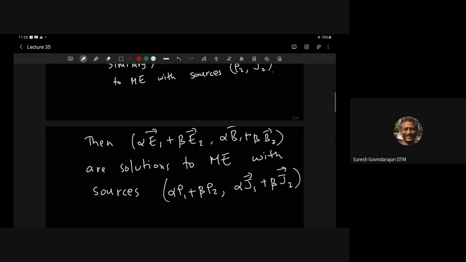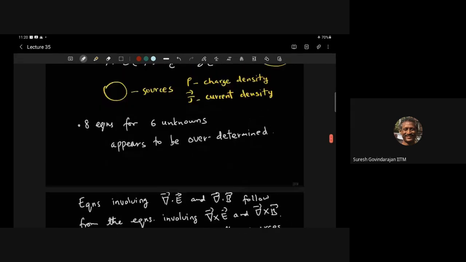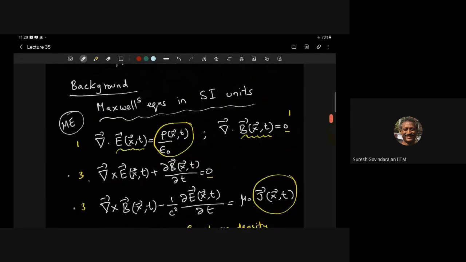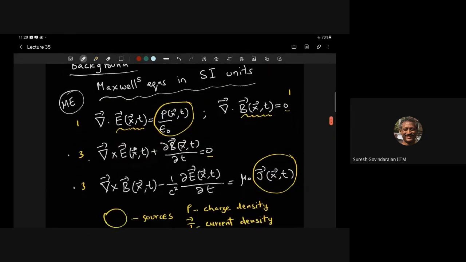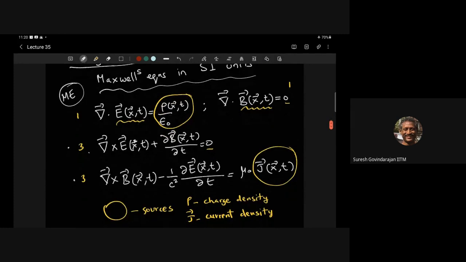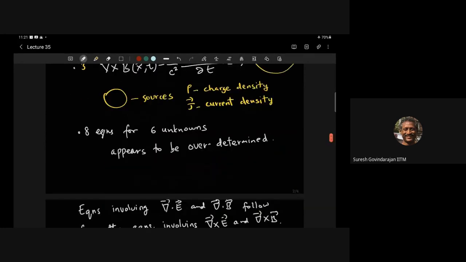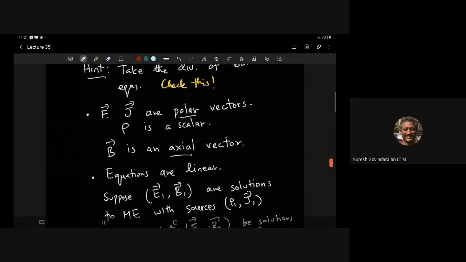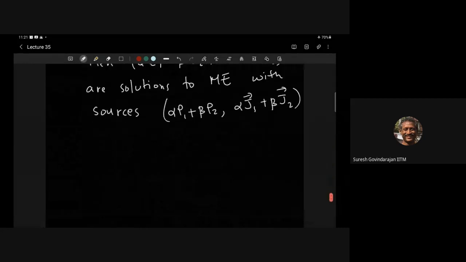Okay, so these are obvious properties of these equations. E, B, everything occurs only linearly. There's no B square, no E square, or some BE kind of term. Rho and J all come with only one. If you associate degree 1 with E, rho, J, B, every equation is degree 1, and no homogeneous pieces beyond that. Is this point clear? Okay, so these are all standard properties.